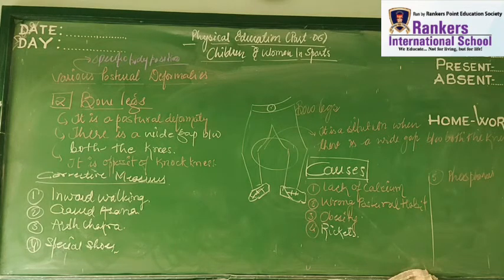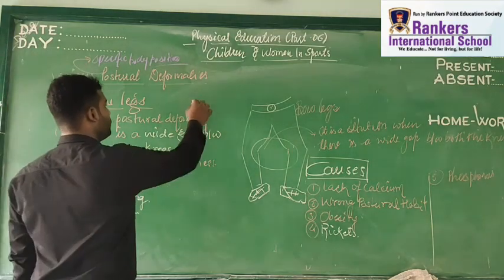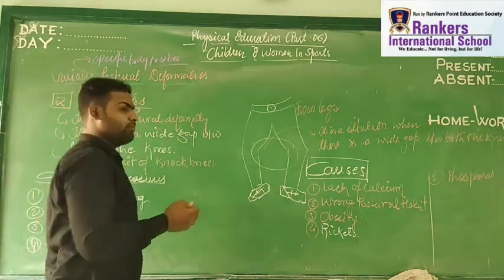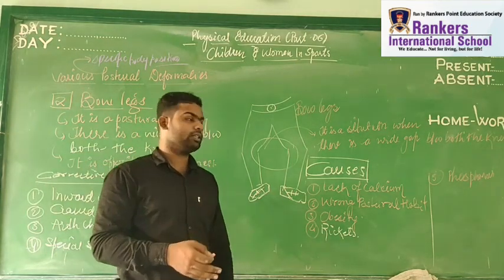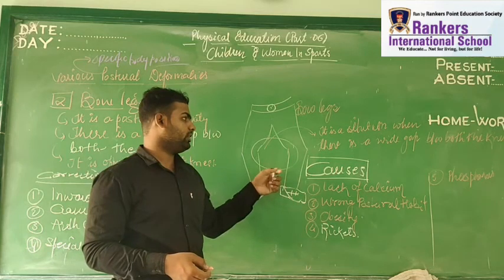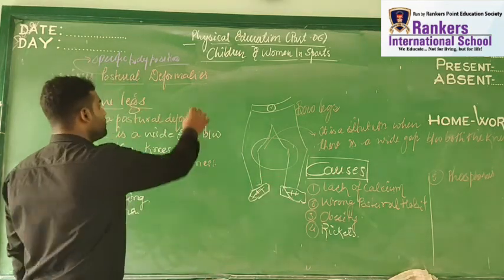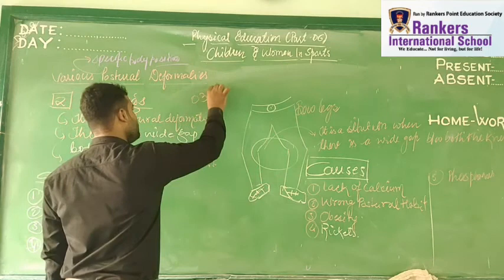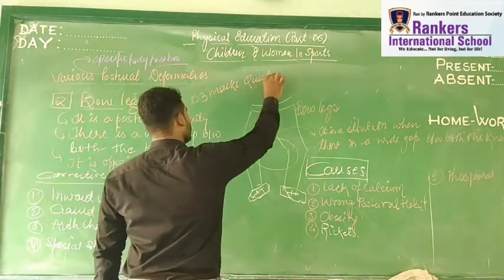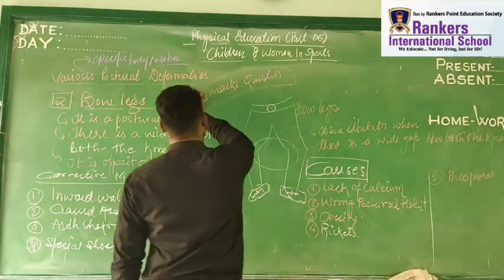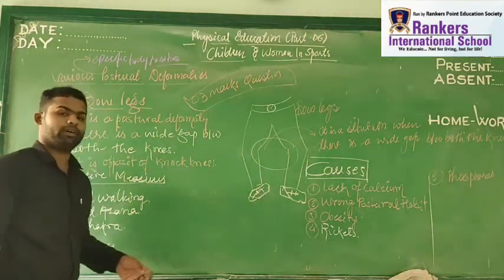Okay, I'll be giving you the practical in the last session of this chapter, right? This is a very important topic. Sometimes knock knee and bow legs are asked as a comparison, so you have to distinguish between both. Please draw this diagram, which is very important. It's a 3 marks question of CPC bow legs. Prepare it well so that it can help you to achieve your goals, right?